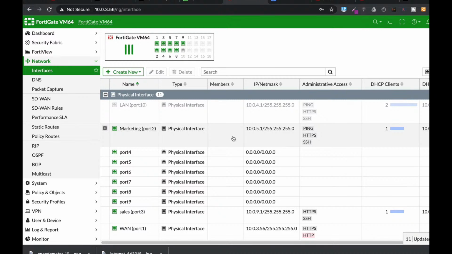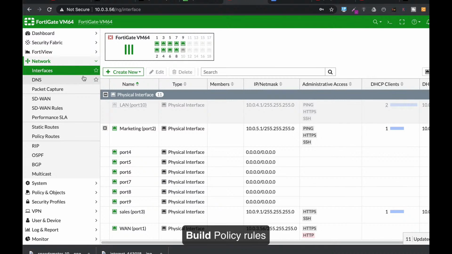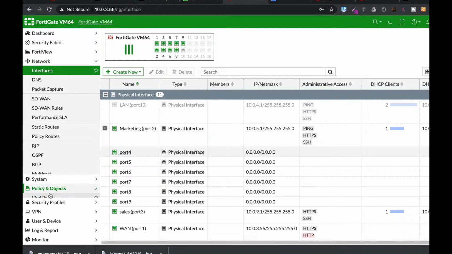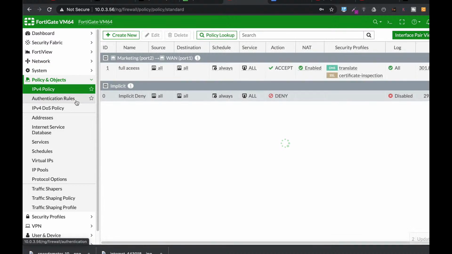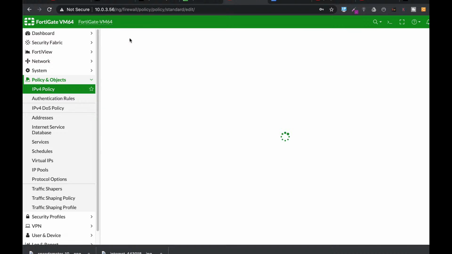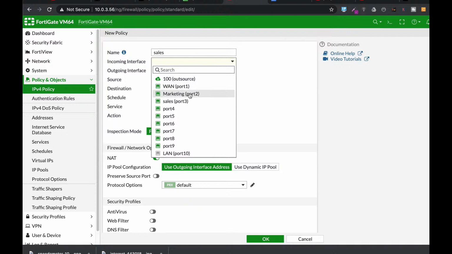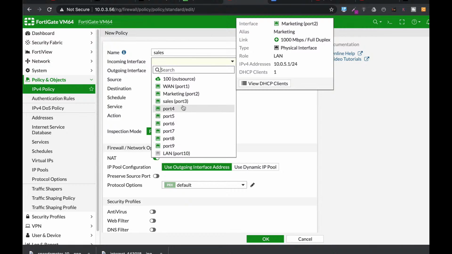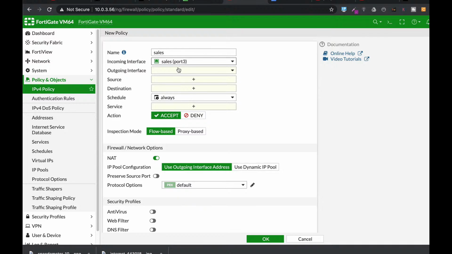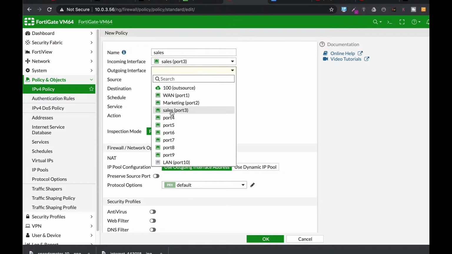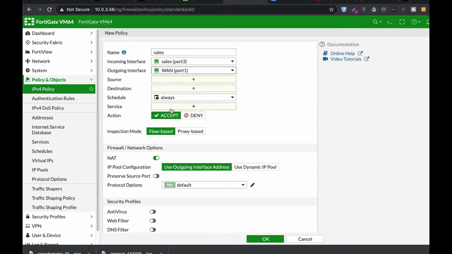All right, now once you've built the interfaces, you can actually start to configure some rules. Let's just use basic rules for now. We head over to Policy and Objects, IPv4 Policies, Create New, and let's just create a sales policy. Now, we're not limiting anyone in our sales department. So the incoming interface is sales, the outgoing interface is our WAN interface, the interface that is connected to our